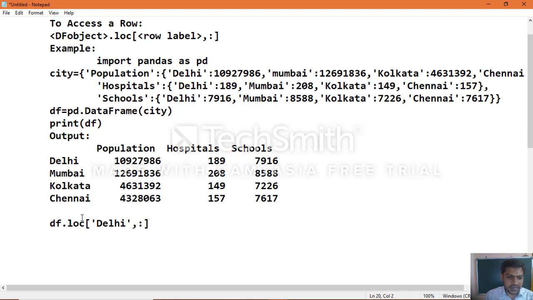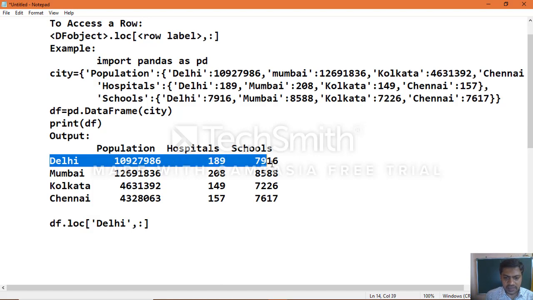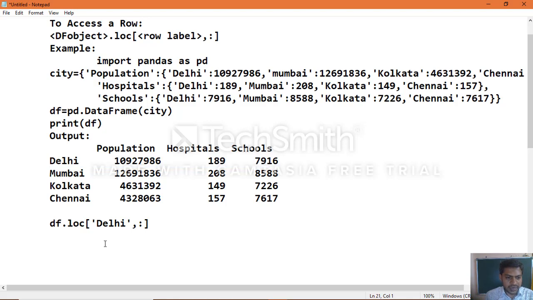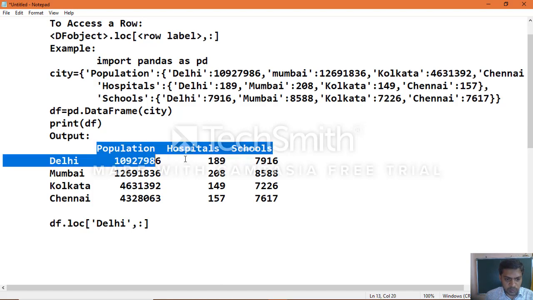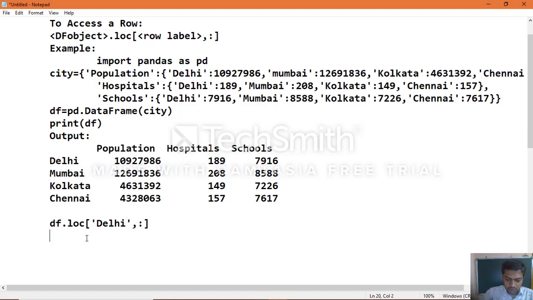We can see that row clearly here: when you specify Delhi, you get this information as the output.